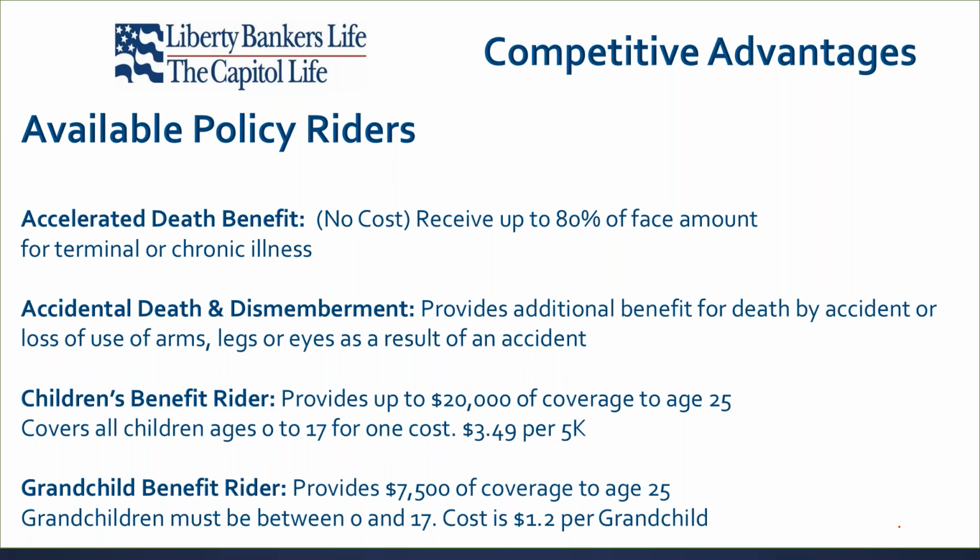Yes, chronic illness is defined basically as needing assistance with activities of daily living. And if they are eligible for that, it could be that they're in a nursing home, but it doesn't necessarily mean they're in a nursing home. They could be receiving home health care. Guys, I don't have any paperwork on that, but if you need clarification, just know that they do have a chronic illness rider. I would definitely contact Liberty Bankers and read up on that particular disclosure